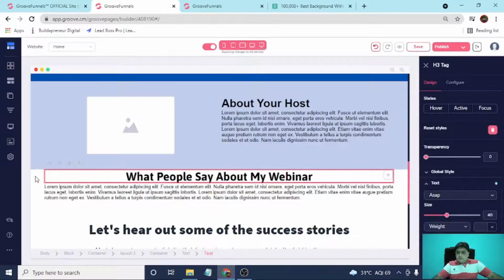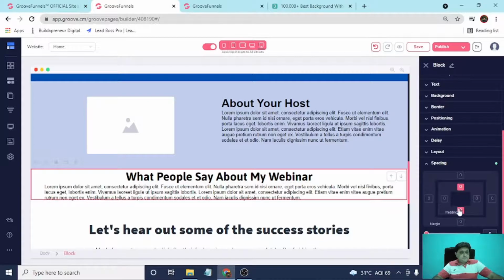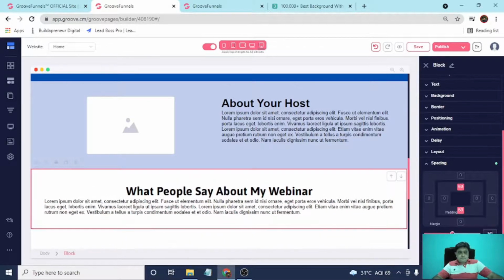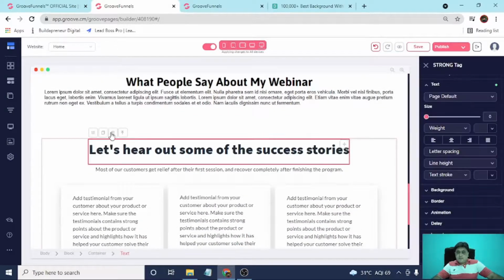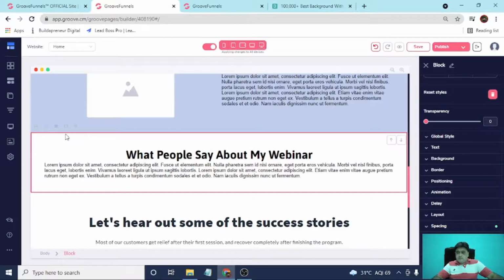Let's give spacing a little bit here. Great. Now let's remove it because we already have it. I think this looks good, guys, instead of this. So let's remove this.